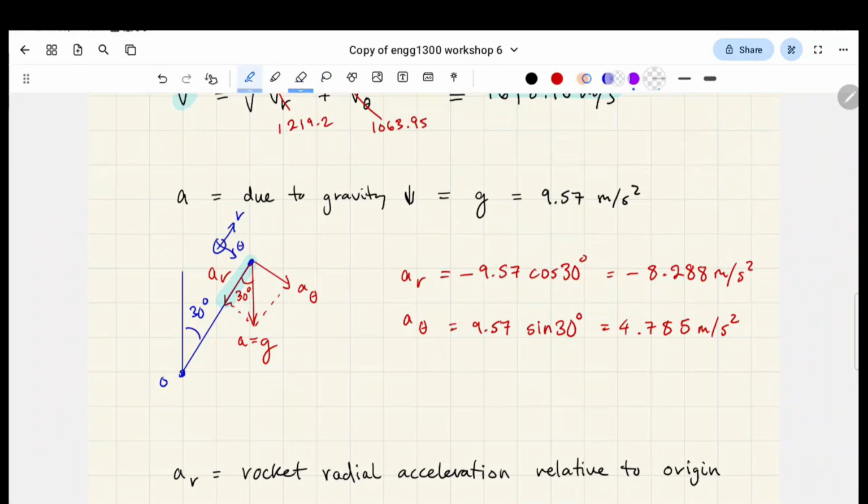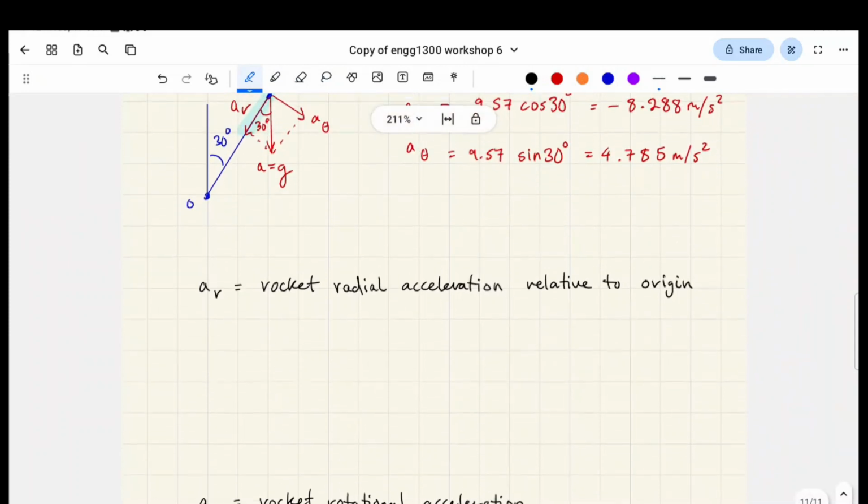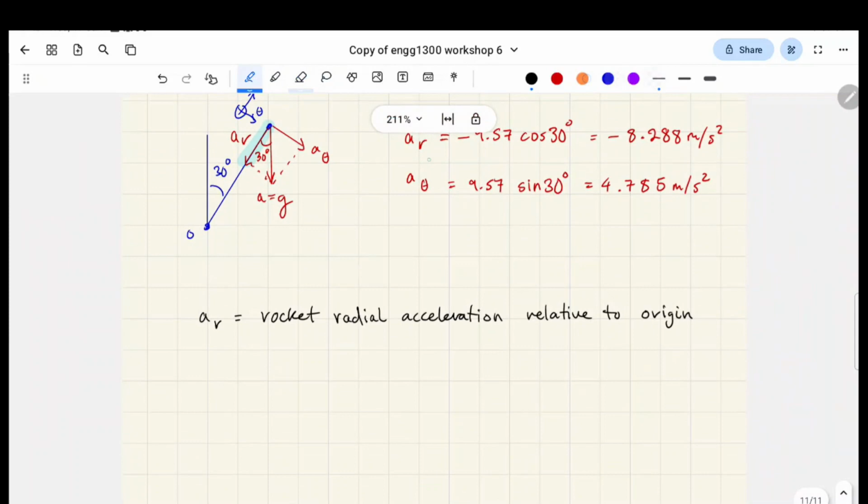That's what we did, but in this context. So AR is the rocket radial acceleration relative to the origin, and A theta is the rocket rotational acceleration. Since we worked out the left-hand side essentially,